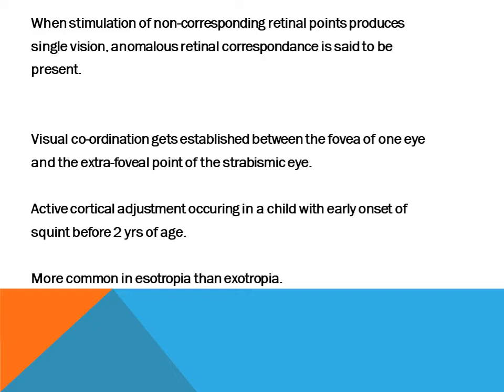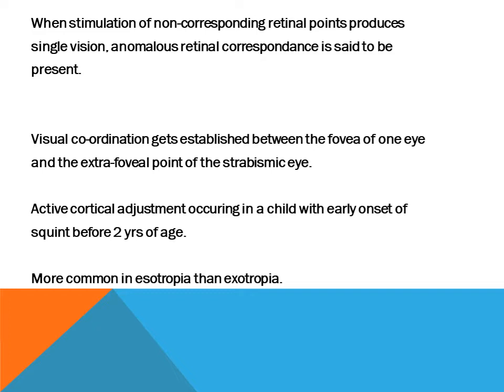And this is what leads to some binocular vision anomalies like binocular confusion or diplopia. In order to avoid these anomalies, either of two sensory adaptations will take place: either cortical suppression or anomalous retinal correspondence. In cortical suppression, what happens? The brain will accept the image which is clearer than the other because there are two images. So the image having the higher resolution will be accepted by the brain, and thereby the patient will be able to see only one image because the bad image is getting suppressed.